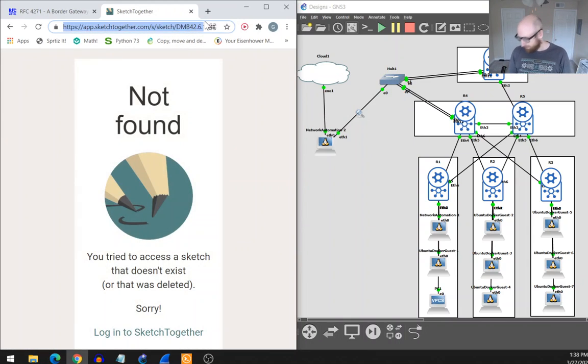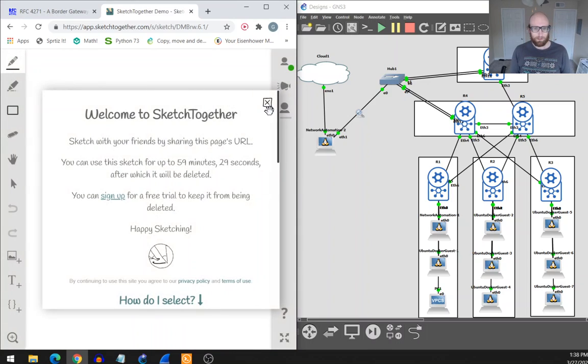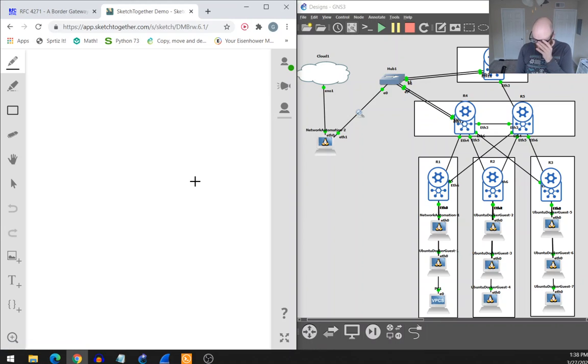Oops, so what is it? DMB_RW. All right, so I've got the sketch pad up. I should really just make my own one of these somehow, that I don't need to worry about the trials or whatever. But anyways,